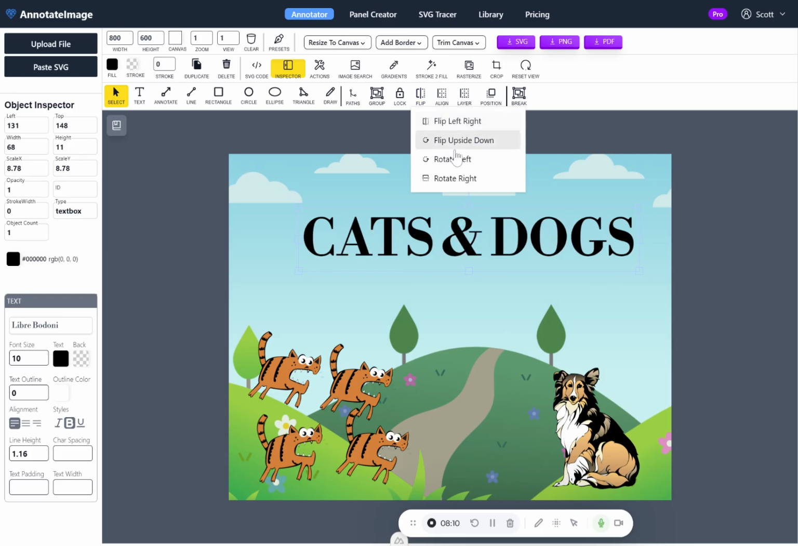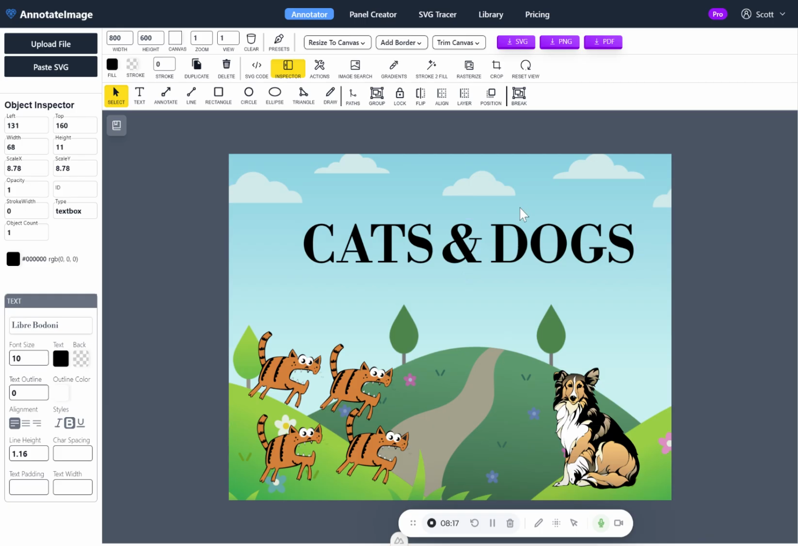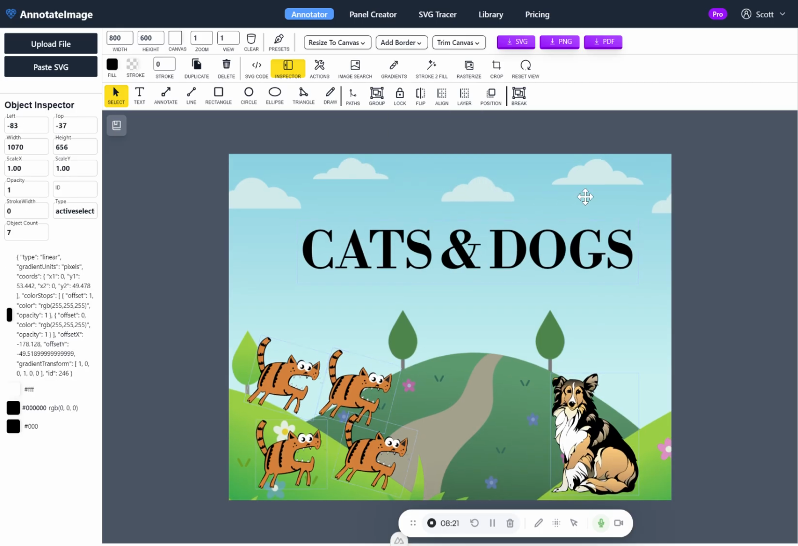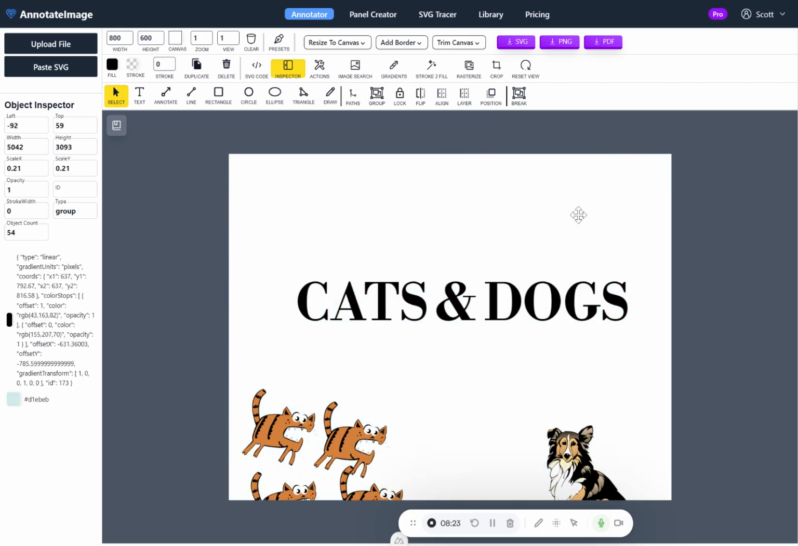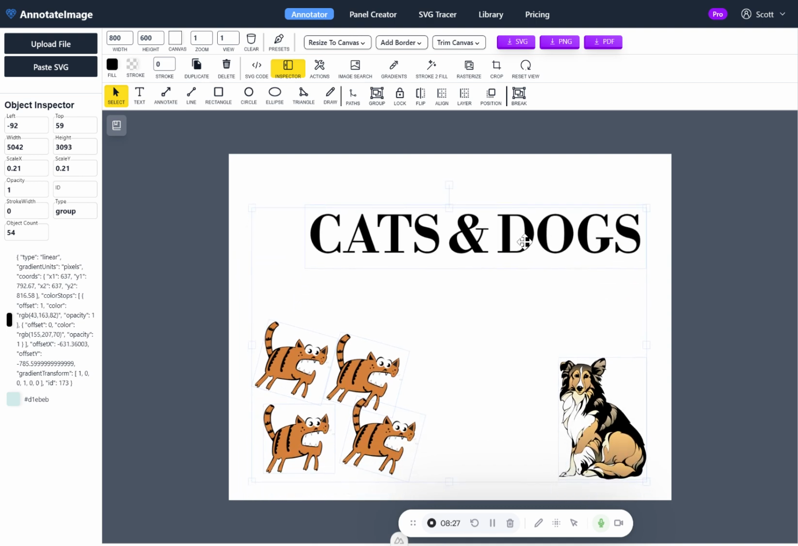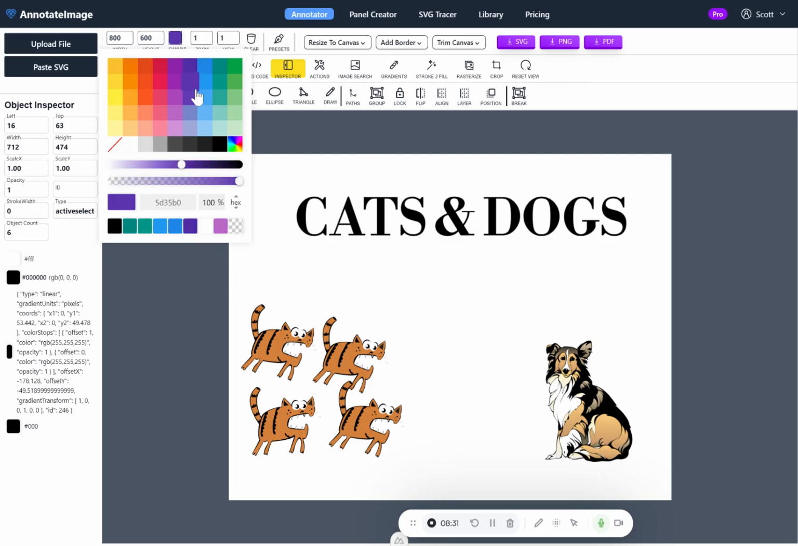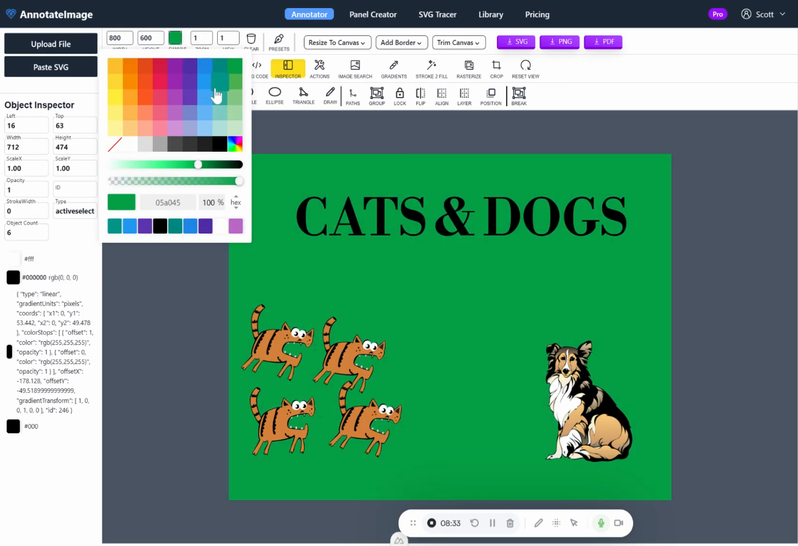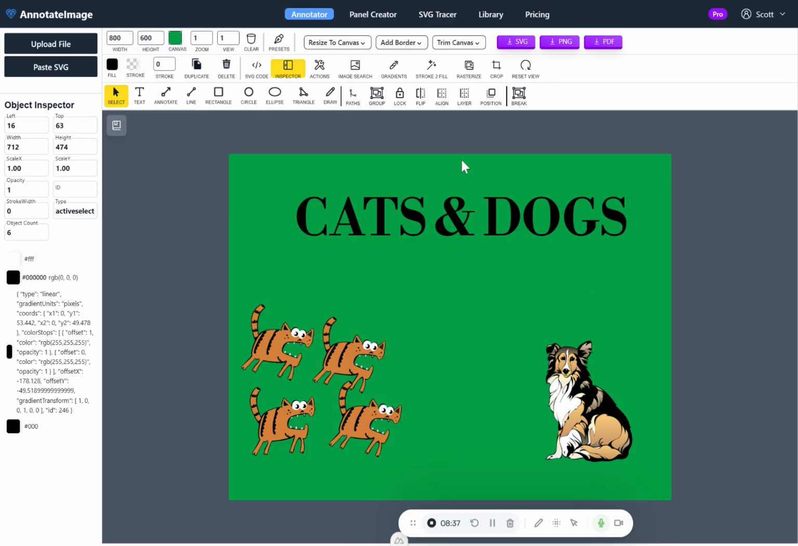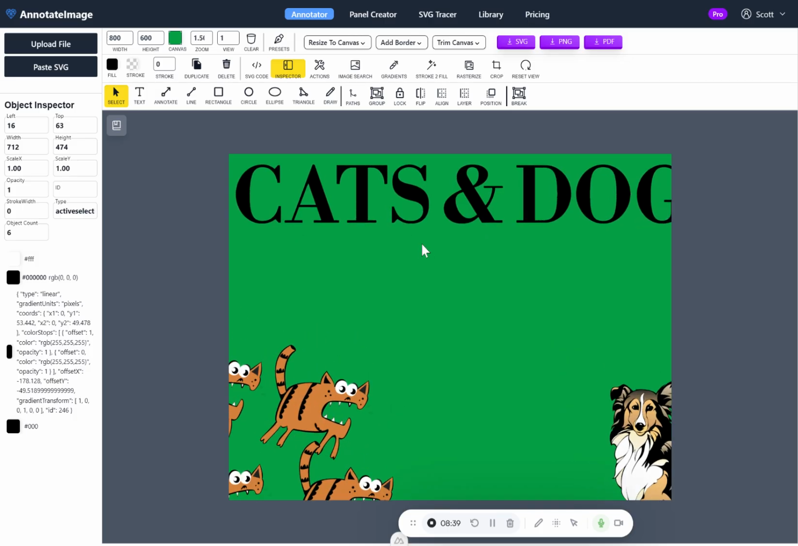Flip, rotate. We can change the... Actually, let me unlock the background and delete it. And I'll show you how to change the background. Simple, right? You can zoom in,